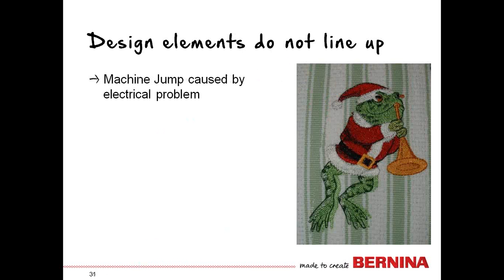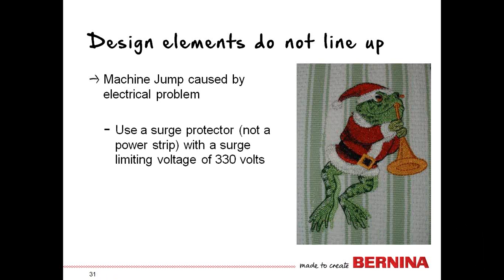Sometimes the whole design element doesn't line up. As you see, the little frog looks like he may have 4 back legs. This was caused actually by an electrical problem here. And to prevent that from happening, you're going to use a surge protector, not a power strip, and with a surge limiting voltage of 330 volts. Those words will be written on the back of your surge protector, and what that will do, it will keep your machine from getting a brownout or a blackout, because when you get a reduction in the amount of electricity that's flowing through your machine, that's where your machine sometimes wants to go sew in another spot,